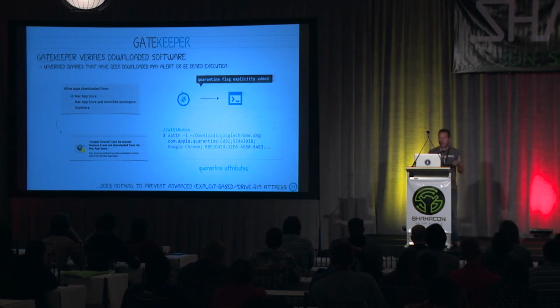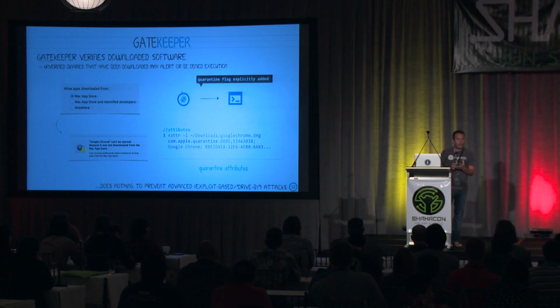This means that Gatekeeper cannot prevent the execution of binaries downloaded via an exploit. So if you browse to a malicious page, it has a malicious JavaScript applet or some other zero-day vulnerability, obviously that shellcode is not going to add the quarantine bit to the files it downloads. So when that file is then executed, Gatekeeper is not even going to be invoked, is not going to check that file, and the binary, even though it's unsigned and untrusted, is going to be able to execute.